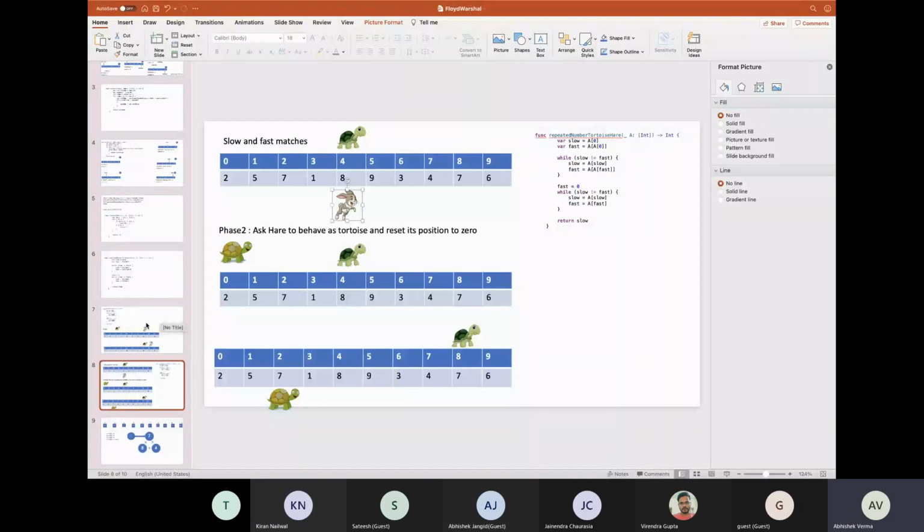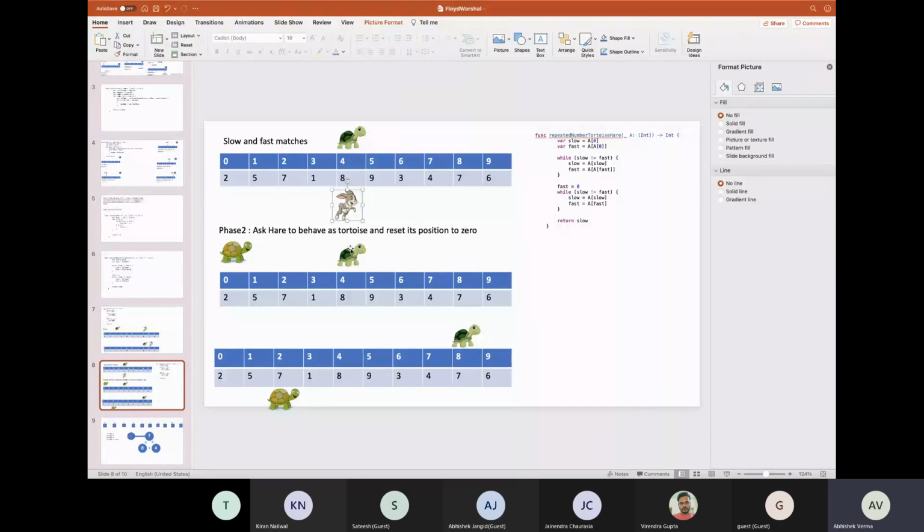Okay. So basically, if we think in a linked list way, we are traversing two times for the rabbit and one time for the tortoise. So we are moving our array indexes one time for the tortoise and two times for the hare.